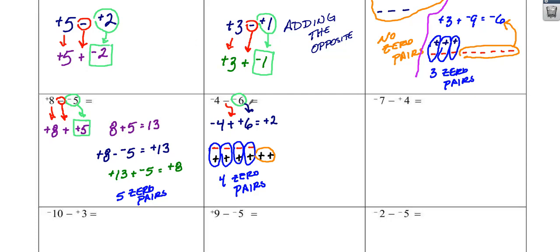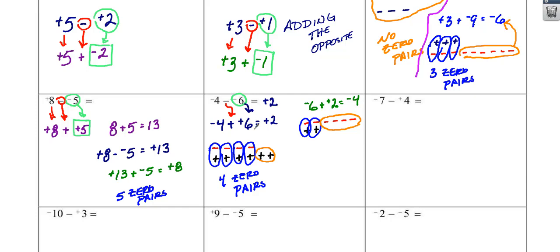Let's check the answer. Let's see if it's +2. So I know that if I take the original problem, and I'll put in my answer now. I'm saying the answer is +2. So if I add the -6 and the +2, I should get -4. Well, let's see if that's true. If I take the -6, 1, 2, 3, 4, 5, 6, and I add the +2, yes, I get 2 0 pairs, and I get